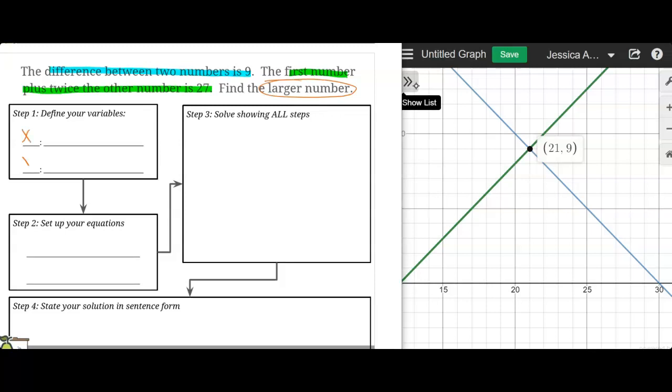So again, I'm going to define my variables as the first number for x and the second number for y. Then I'm going to write my equations. So remembering that difference means to subtract and the is the equal sign, I see that the difference of two numbers is 9. So that means x minus y has to equal 9. Then at the second piece, again, that is my equal sign, so I know I'm equal to 27. The first number, which is x, plus means to plus, twice the other, so 2y is 27. I can then plug that into Desmos,